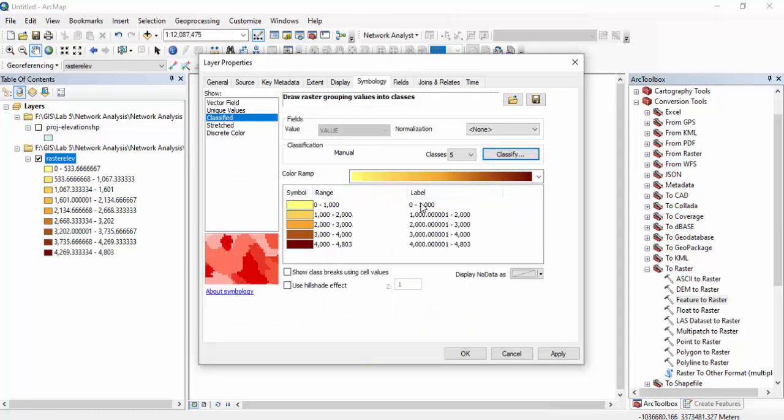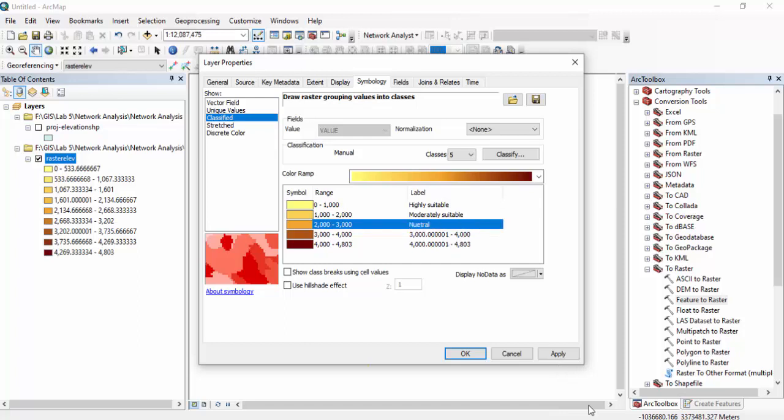Now you can also label it. For example, you wanted to show this is the most suitable area, not a figure. So how are you going to change it? Just by clicking here, you will say that the area having elevation from 0 to 1000 is highly suitable. You can say highly suitable, and then you can say moderately suitable. You can even go with more classes. I just thought that these are enough for me. Moderate is suitable. You can say neutral.